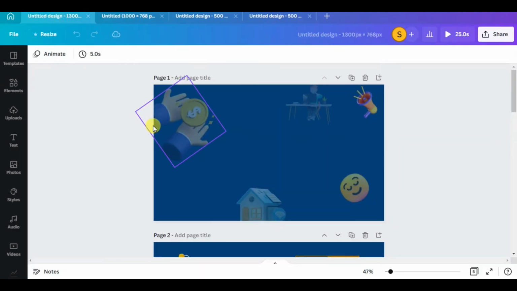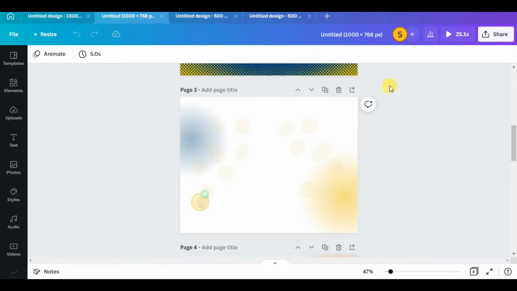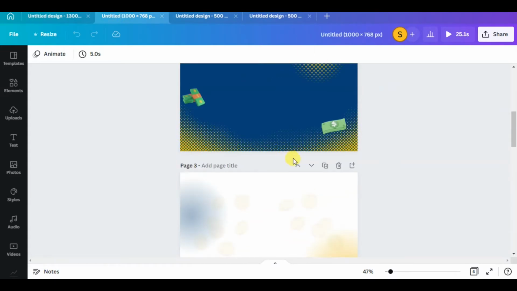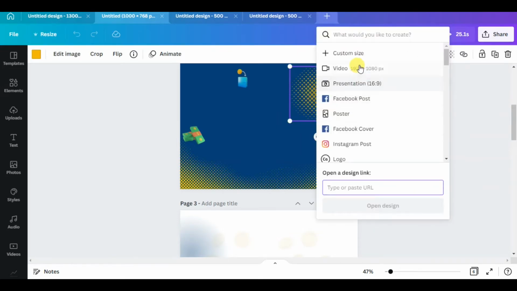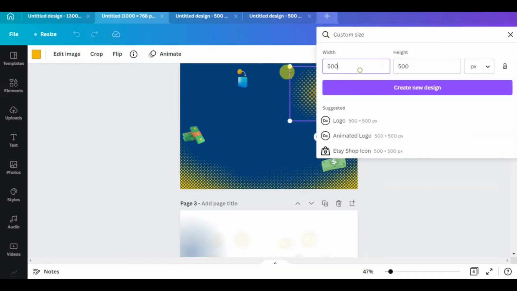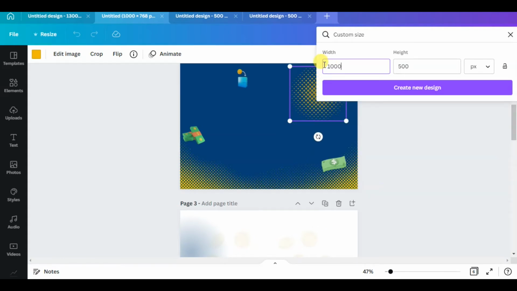For this one, I'm going to be leaving the actual sizes in the description, but this is not the recommended size for GroovePages background. So let me just go to the new custom size and go 1000 by 700.